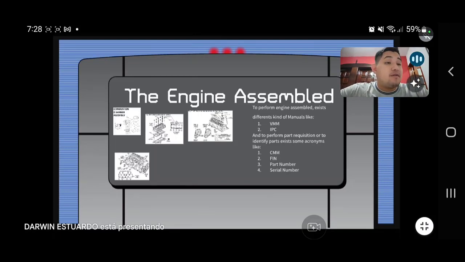Because if I put the pistons first and next I want to put the rings, I can't do that. Why? Because we take the pistons out, put the rings around the piston, and then put the piston inside the engine. For that reason we need to follow the information in the manual step by step,